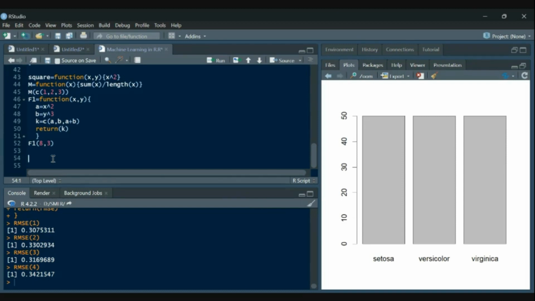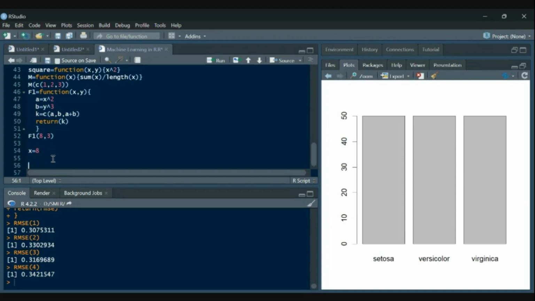I want to increase a certain value by 1 each time the loop processes. So how can I do this? Let's say I have a variable x having the value 8, and I want to add the value 1 each time. So how can I do that?